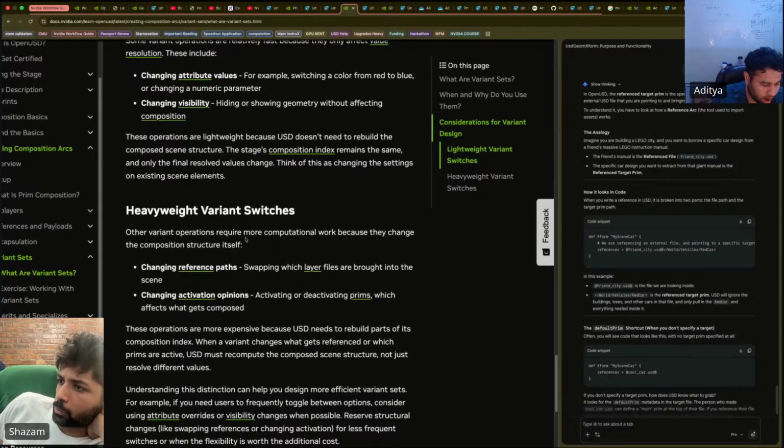These operations are more expensive because USD needs to rebuild parts of its composition index. When a variant set changes what gets referenced or which prims are active, USD must recompute the composed scene structure, not just resolve different values. Understanding this distinction can help you design more efficient variant sets. For example,